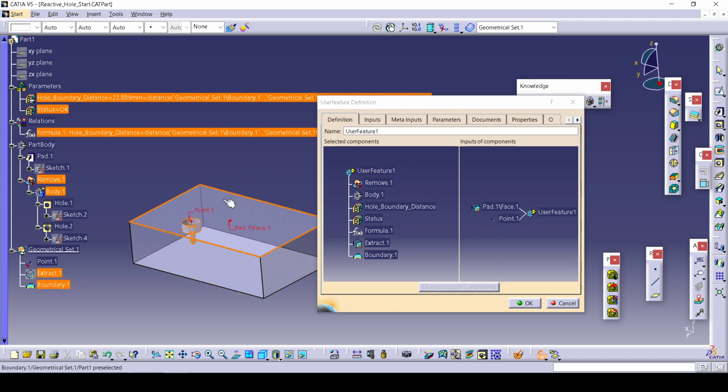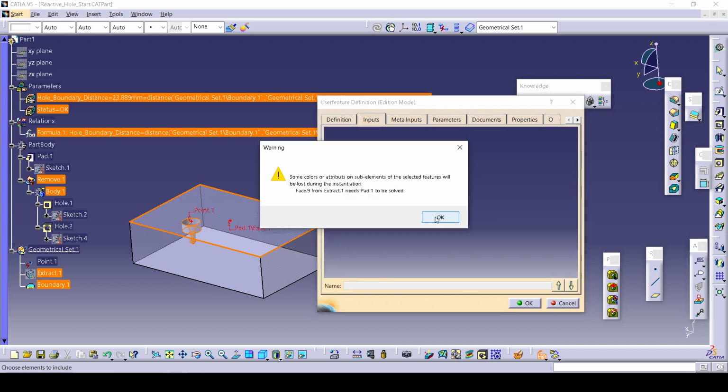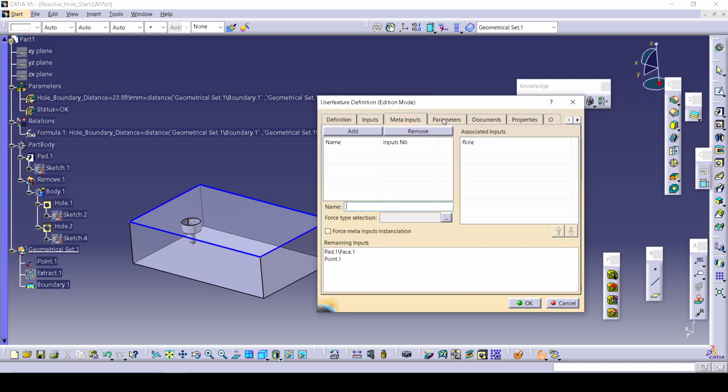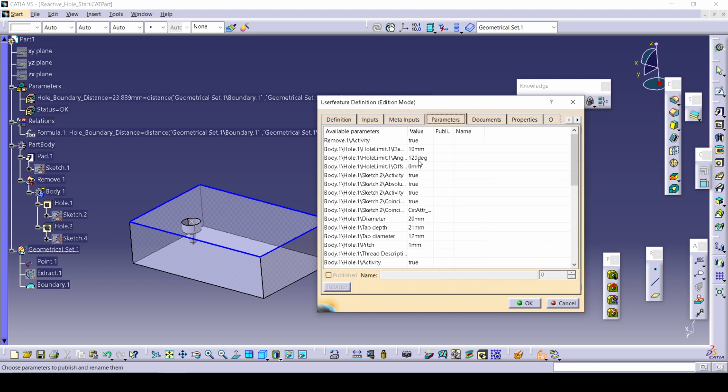Okay, for creating this one, point and face is needed. Yes, input is coming. Meta input is not required. I want the parameters of all. For creating this, for the threaded hole, I need